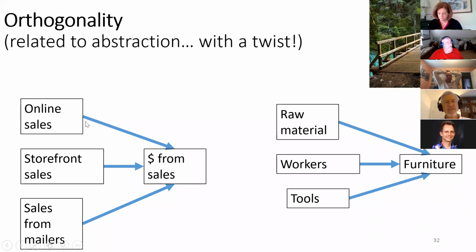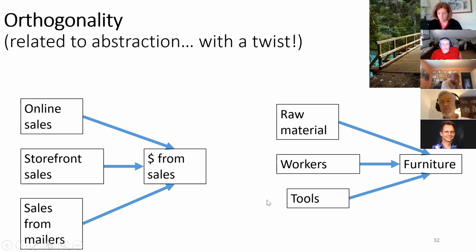With abstraction, you could, for example, say that our online sales bring us money, our storefront sales bring us money, and the sales from our mailers bring us money, and those all come together to have the money from sales. That's not really orthogonal, because all of these approaches to sales, or sources of sales, can be abstracted into